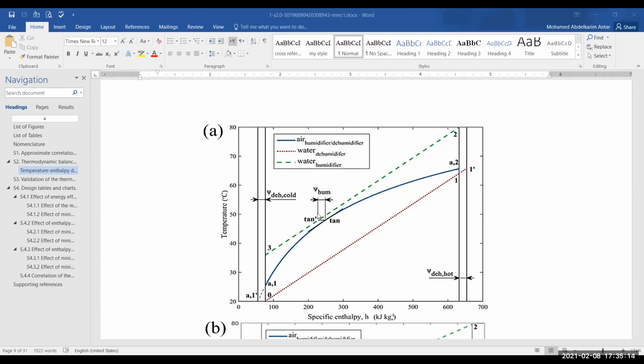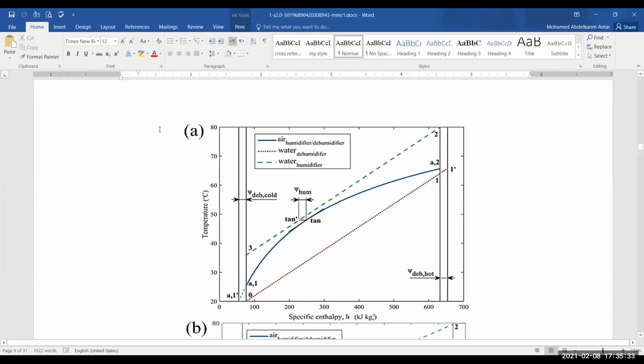So the expression that we are using for writing the effectiveness of the humidifier needs to be corrected. For the dehumidifier, there's no problem because the terminal values are the values that are having a better performance. Or in other words, if I come here to talk about the